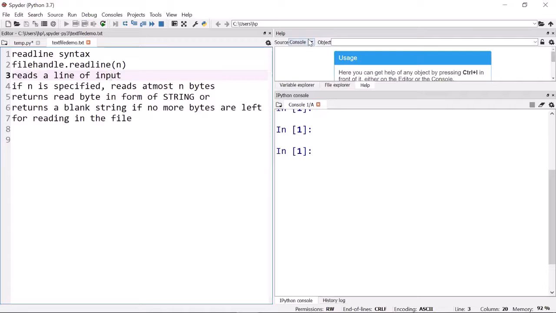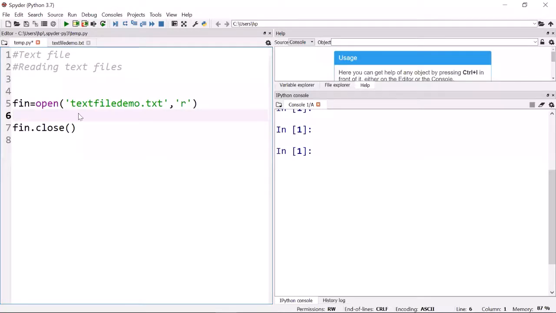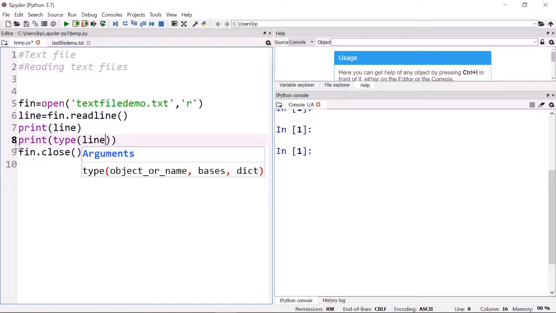So let us see how we can use this readline function. Let us just read a line from the file using the function readline. Let us print this line, as well as let us see the type of line also.